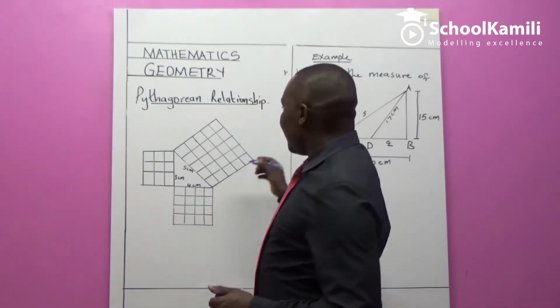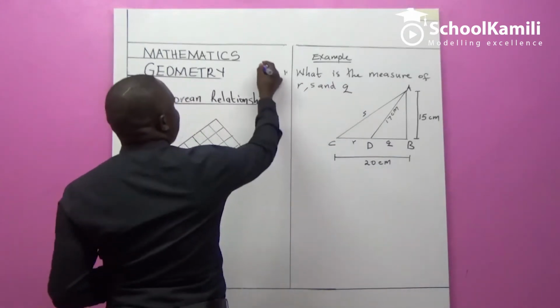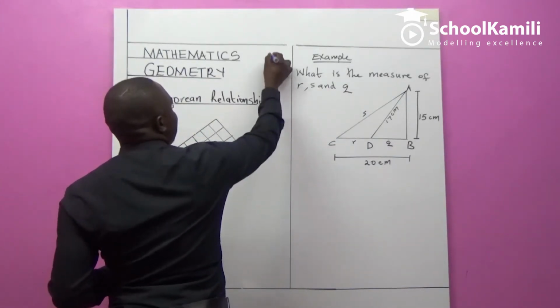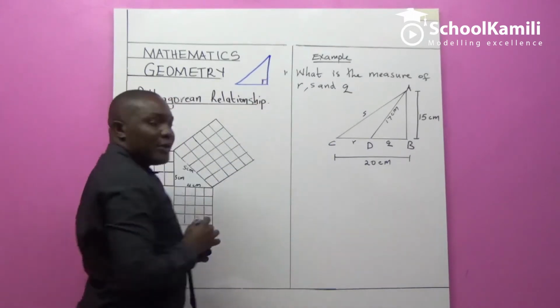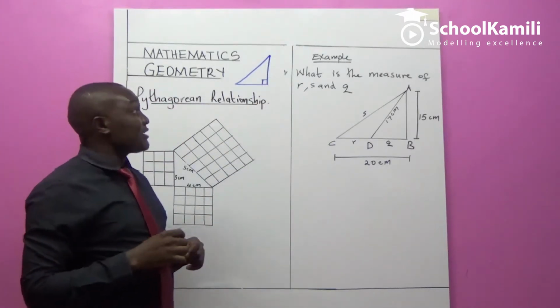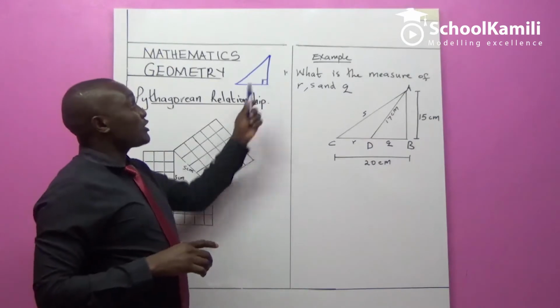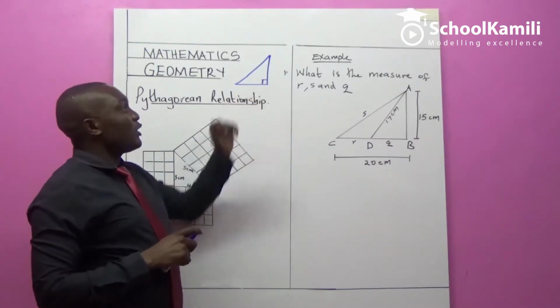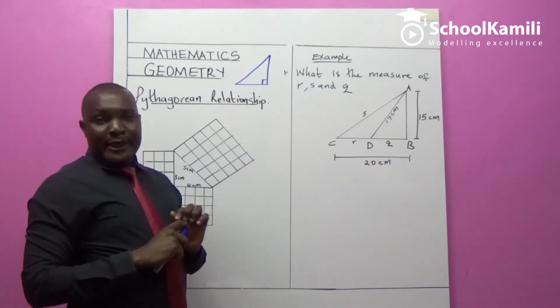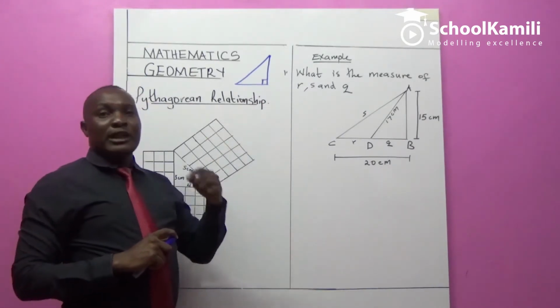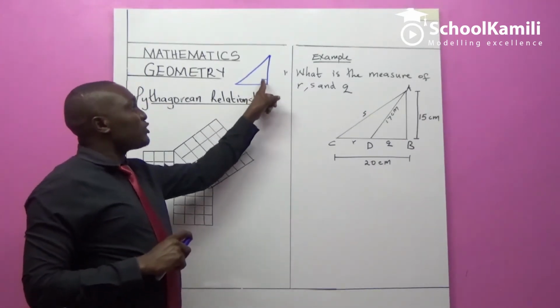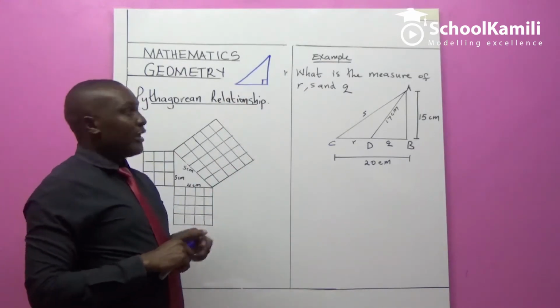I know you have seen a right-angled triangle. This is a right-angled triangle. Why do you say it's a right-angled triangle? It is because it has a right angle, which is 90 degrees. Therefore, the line that is opposite the right angle is known as